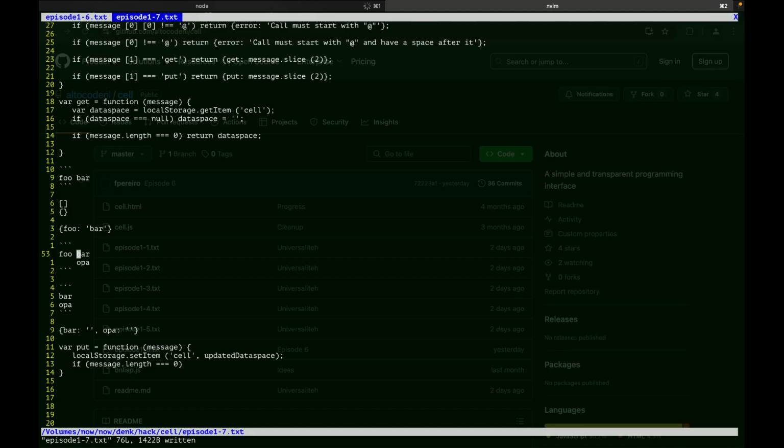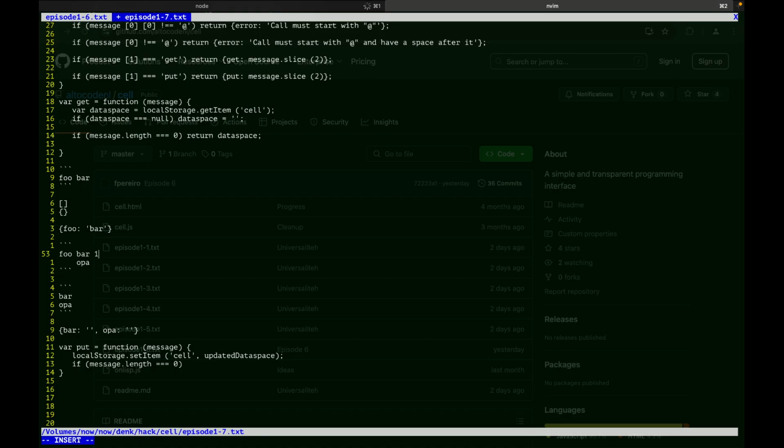What I'm really saying here is that foo takes you to bar and foo takes you to opa. And is that acceptable? I don't think so. Because foo takes you to two places here.